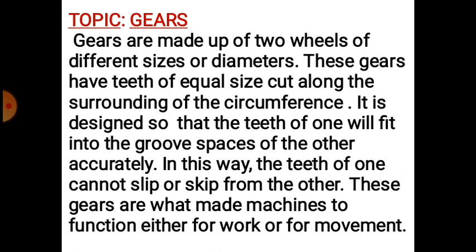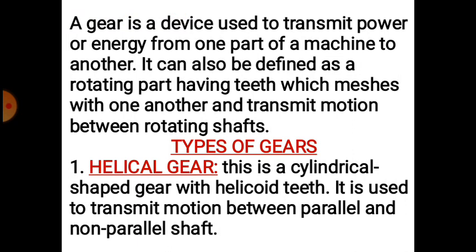These gears are what make machines function, either for work or for movement. A gear is a device used to transmit power or energy from one part of a machine to another. It can also be defined as a rotating part having teeth which mesh with one another and transmit motion between rotating shafts. Types of gears are: